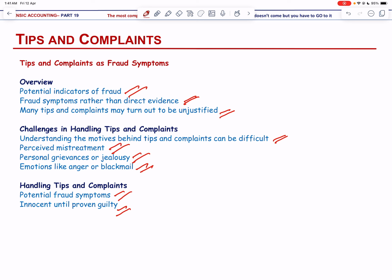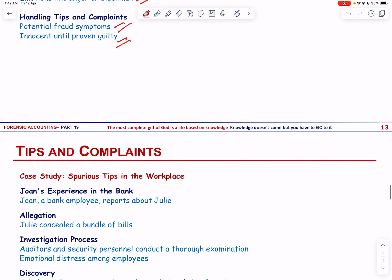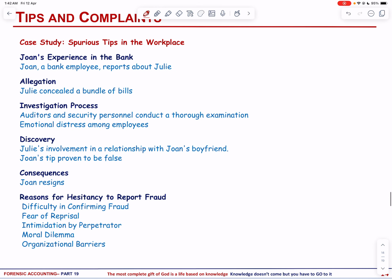So, we can see that tips and complaints are valuable indicators but require careful handling. Maintaining a fair and objective approach is essential in fraud detection and prevention. Let us look into an example that illustrates a scenario where a tip provided by an employee turned out to be spurious. In a bank,